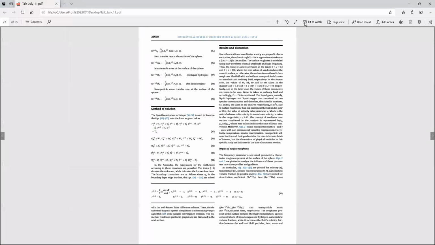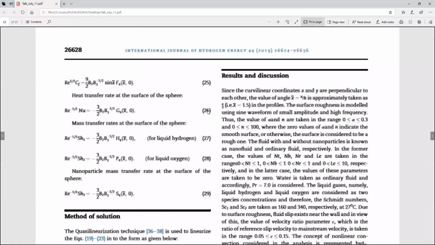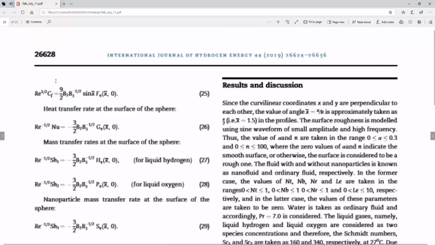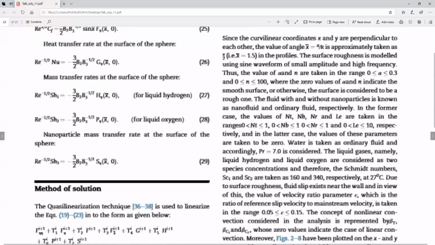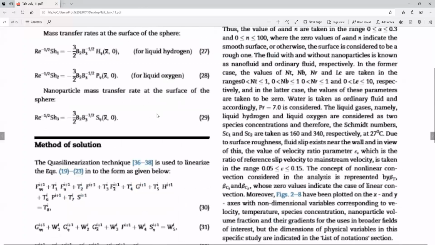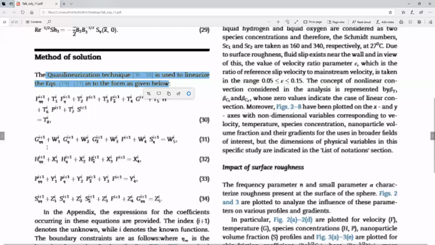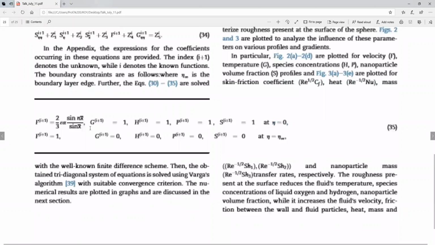Now this one is written in this form. You see, the quasi-linearization technique. Last year also we applied the same technique to PD. See, same thing: W1, W2, H1, X1, X2, Y1, Z1. And then these are the boundary conditions. I wrote n plus 1; instead of n, they are using i.